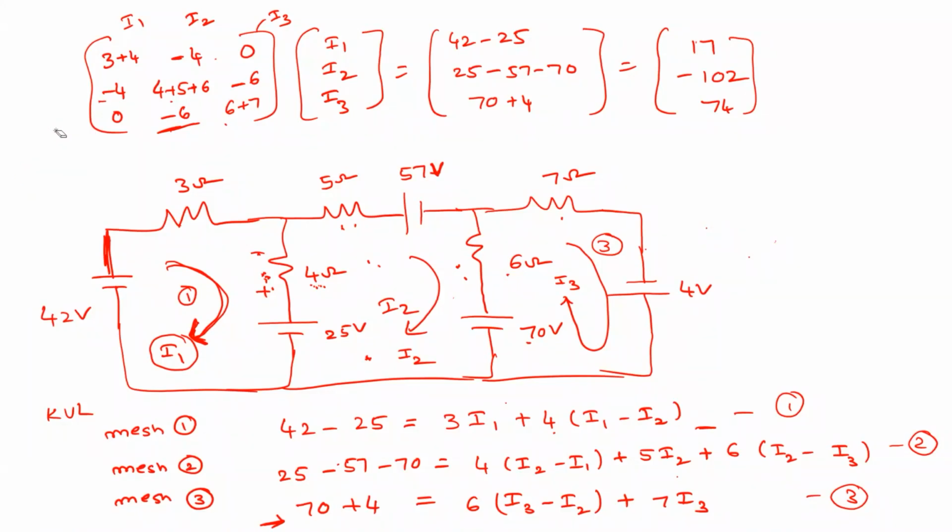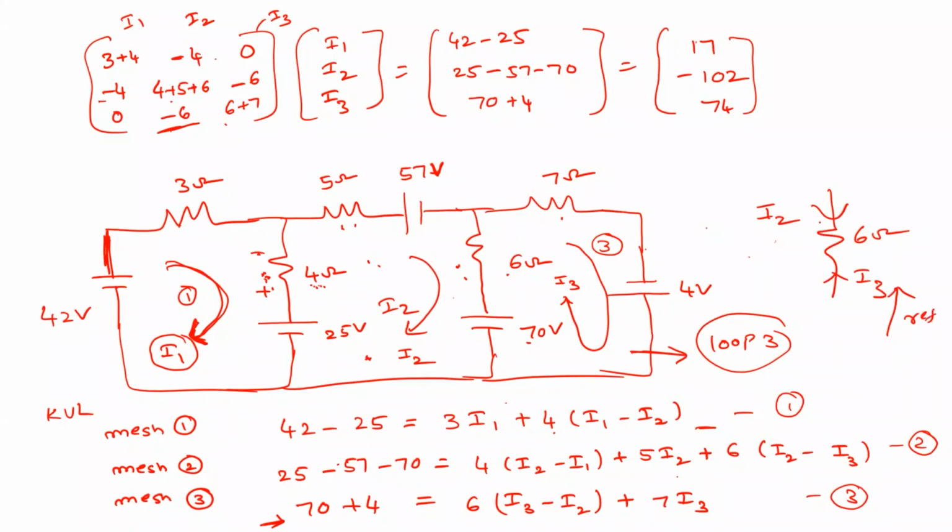Sir, I didn't get why the minus sign was put in I1 as well as in I2. See, if current is positive, here we are writing the equation for loop 3. But we are considering the effect of I2, agree? But I2 is flowing in the opposite direction in the 6 ohm resistor. So I2 is flowing like this, and I3 is flowing like this. This is our reference, so I2 is flowing in the opposite direction. That's why we have this minus symbol.